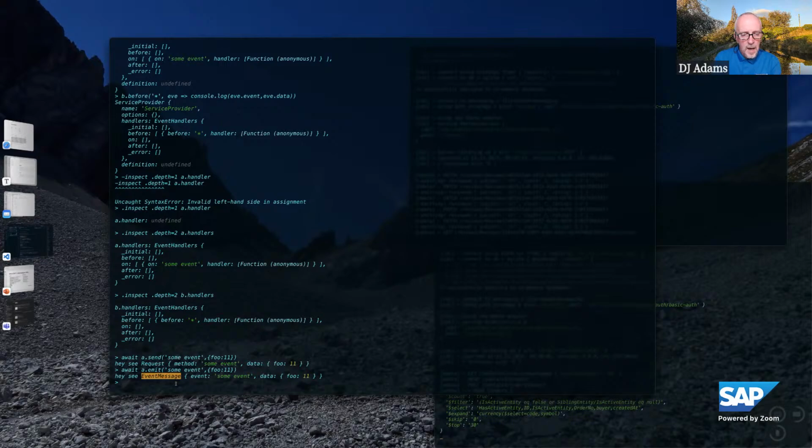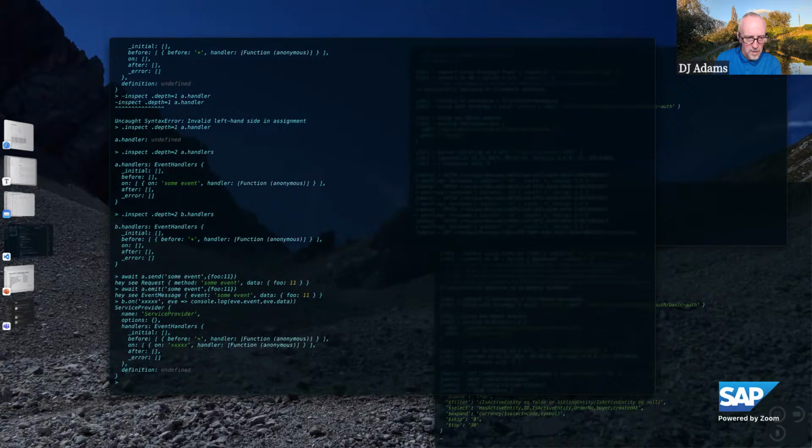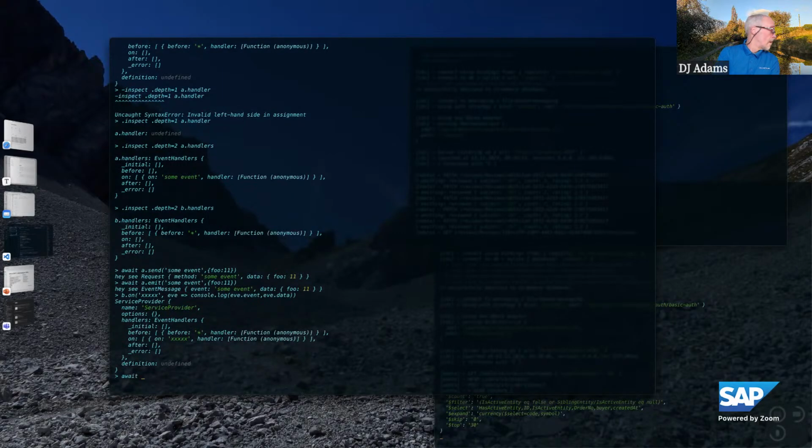The other thing I wanted to share is when I do something like B on this one, and I say await B send this event.